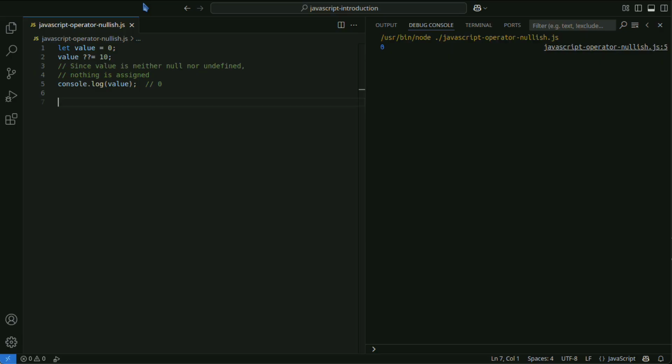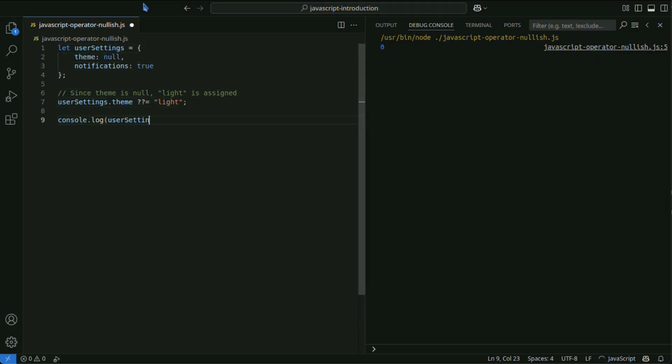A real-world use case for the nullish coalescing assignment operator can be as follows. Setting default values. It is useful for setting default values when user input or API responses can be null or undefined. Handling optional parameters. It can also be utilized to perform default actions when function arguments are not specified.